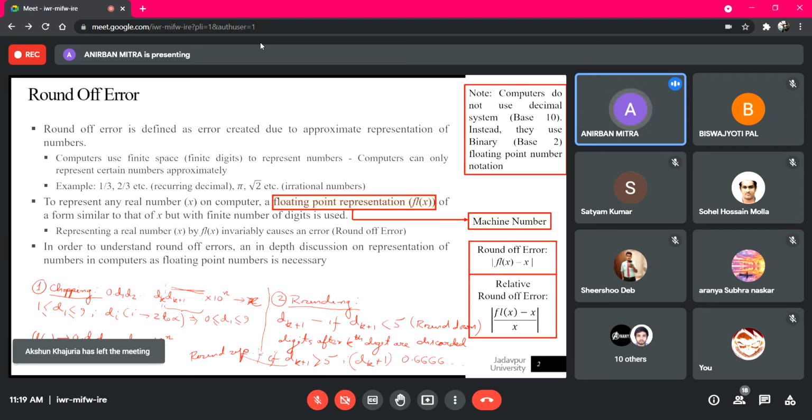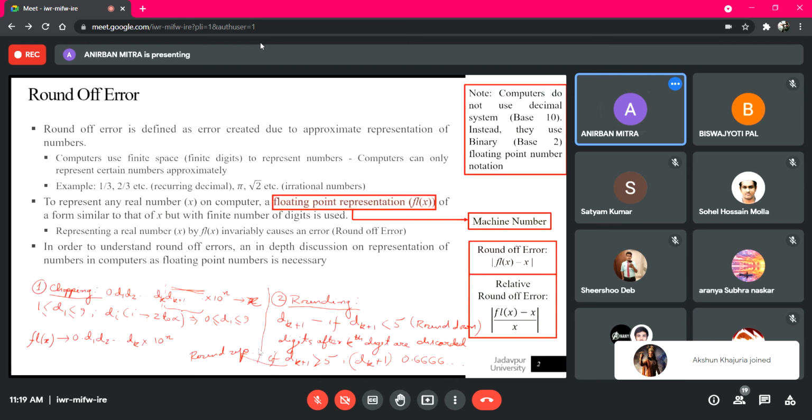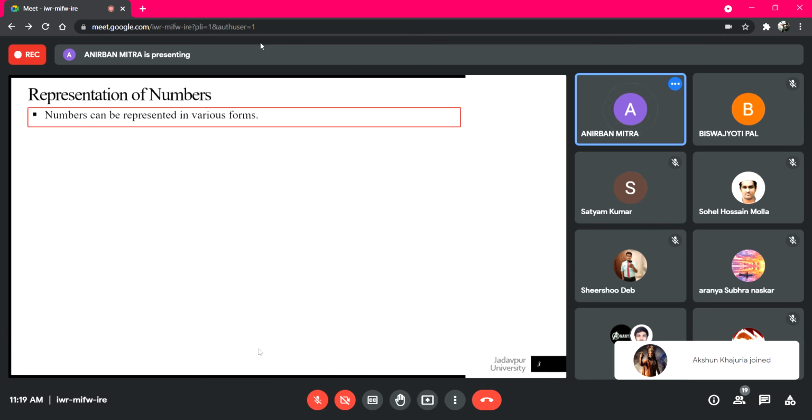Computers store numbers as floating point numbers, and hence we need to talk about floating point representation of numbers. But before we move on to that, we must first of all acknowledge that there are various different number representation systems. One that we are absolutely familiar with,